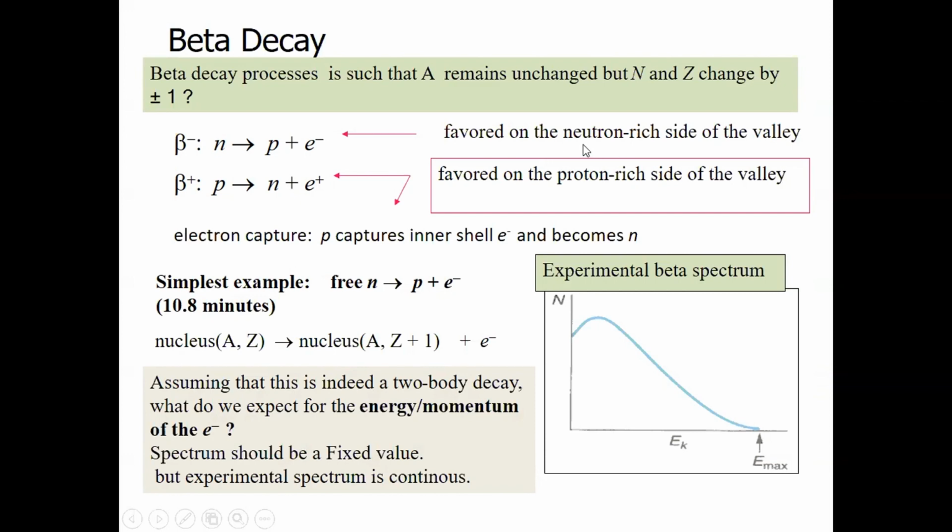And it is favored by the neutron-rich environment inside the valley of isotopes in periodic table, and beta minus is taking place when the isotopes are rich in the neutrons. If the isotopes are rich in protons, then the second process is favored. It is beta plus, where the proton-rich side of the valley favors that. A proton will decay to a neutron and the positively charged